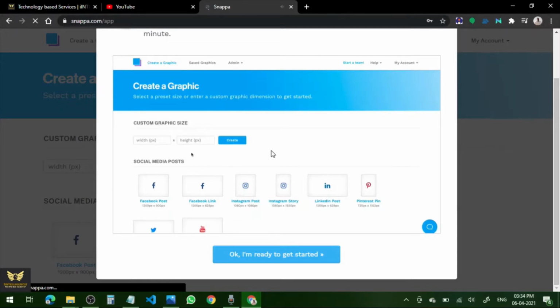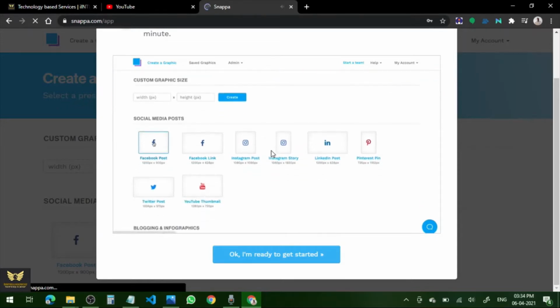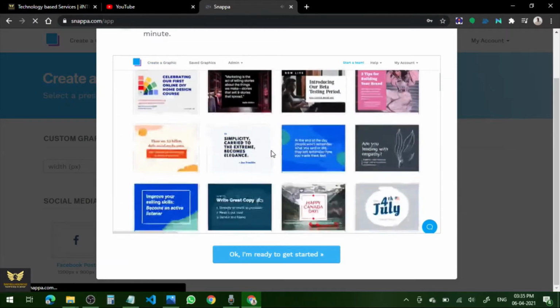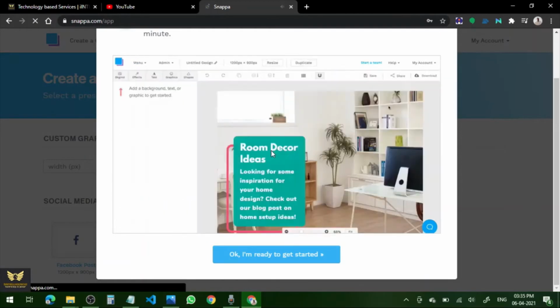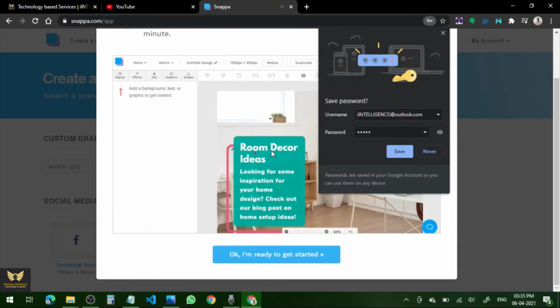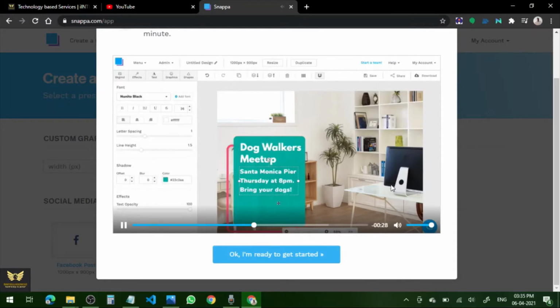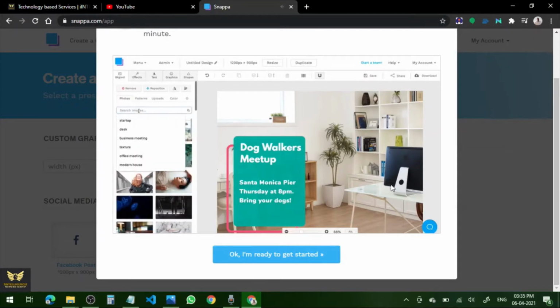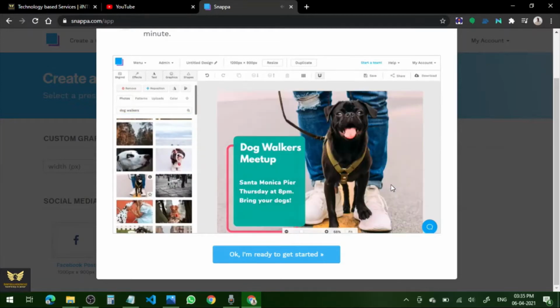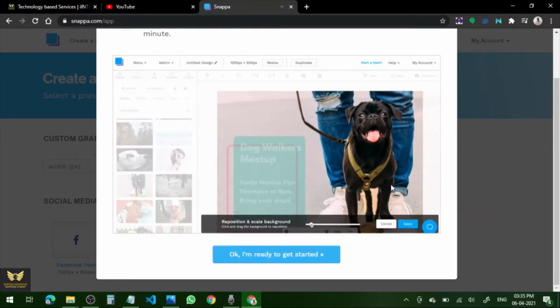Then you can select a custom size. Okay, watch that tutorial. They have given clearly how to edit and also how to create a custom graphic design.